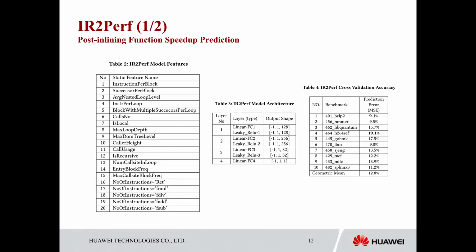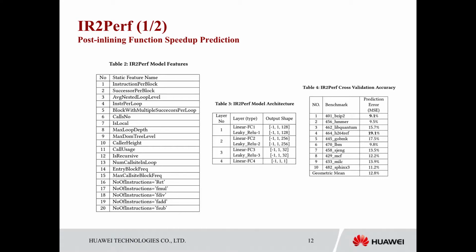So this is the architecture of the IR2Perf. Amir, one more question. Is your final prediction in terms of total execution time or IR number or something? Which prediction? The IR2Perf or the RL model? IR2Perf. IR2Perf is a speed up with respect to the baseline, which is O3. Okay. So the architecture of IR2Perf is a simple 4-layer, supervised learning regression model, and this is